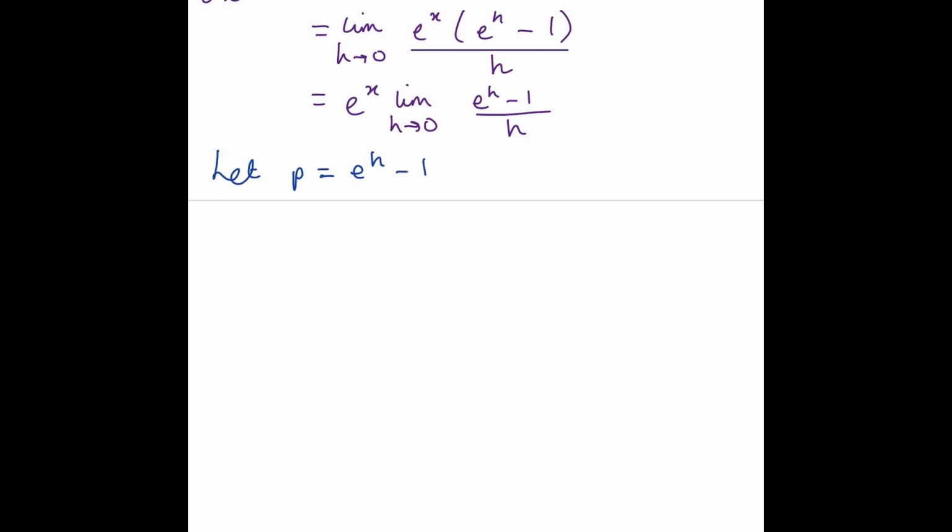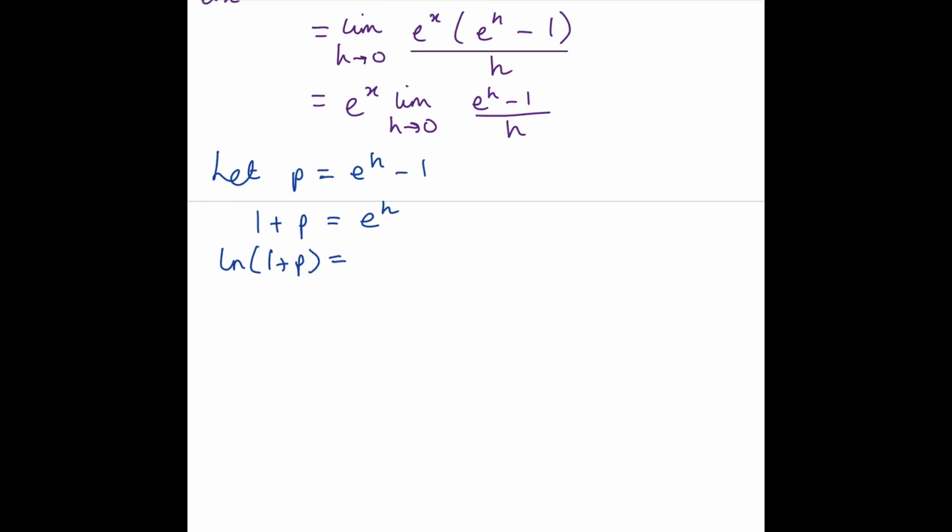So I'm going to move the 1 to the left-hand side to get 1 plus p equals e to the h. Now I'm going to take ln of both sides to get ln of 1 plus p, and with the right hand side, so I'm taking ln of e to the h,